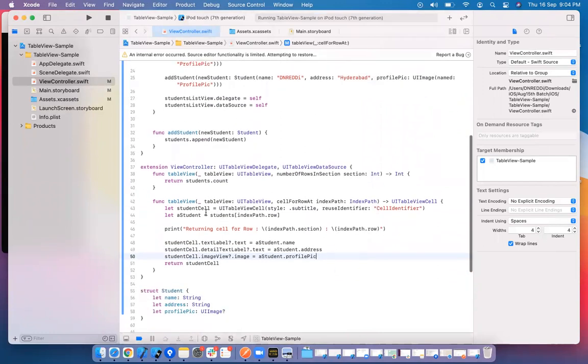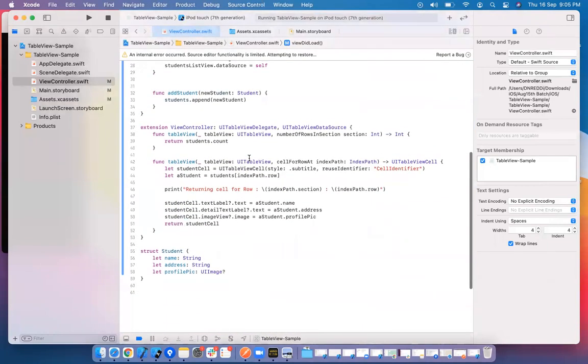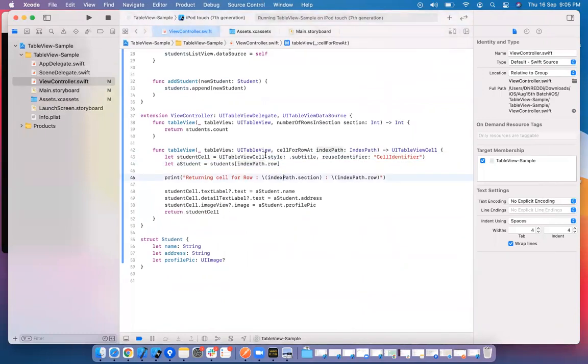The problem here is, let's say I have 100 students. What we are doing inside the table view is creating 100 table cells. Assume that if there are 1,000 students, what do you do? You create 1,000 table cells. That is not the right approach.